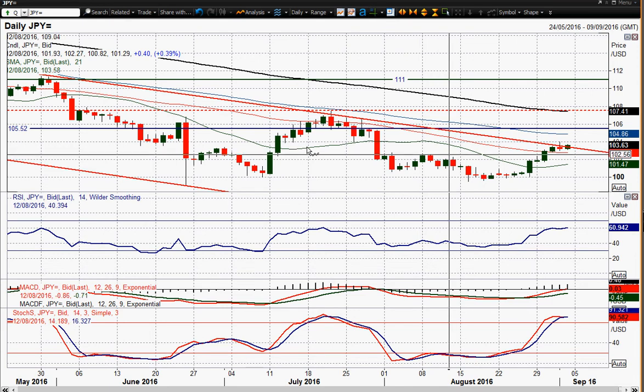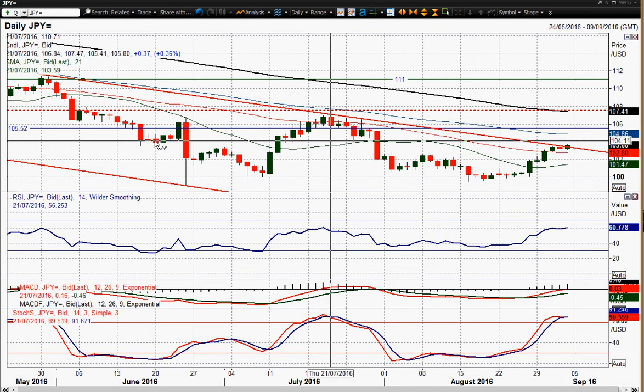If I put my crosshair on it, it sort of encapsulates a little bit of this resistance left from June as well. So you're sort of looking at a bit of a pivot line, 104 big figure, and you're yet to really break through that. If you break through it, you're then sort of looking at 105.20, 105.30, 105.50 area being a basis of resistance as well. Again, 105.50 is a bit of a pivot, nothing too significant about these levels, but certainly it would be more of a positive outlook because you would have then broken this downtrend channel.